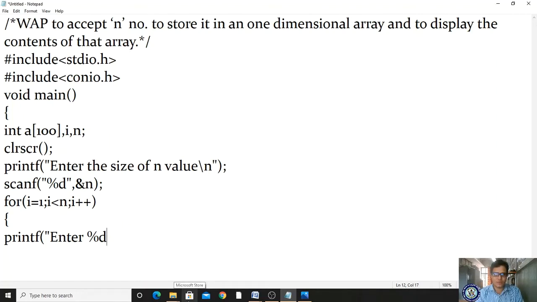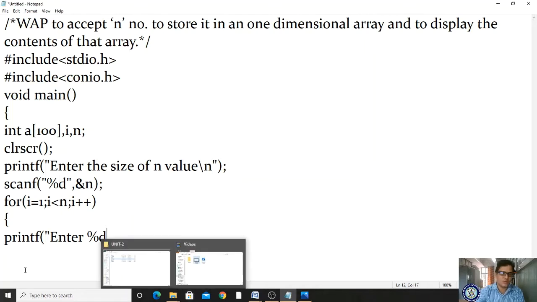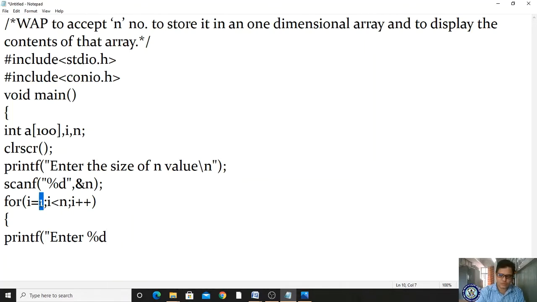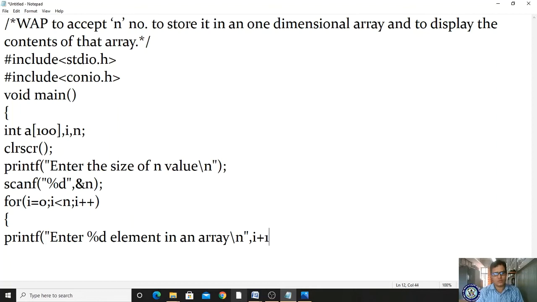Then it will give us a wrong result, right? No, let me take it as 0. So slash n, double quotation, comma, you have to give i plus 1. Yes, we have to enter the i plus 1 value, right?